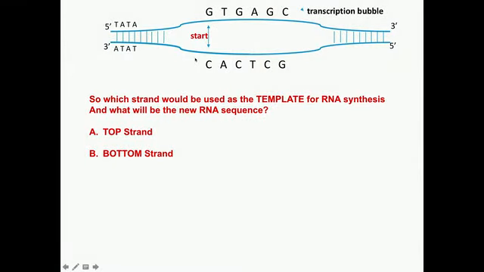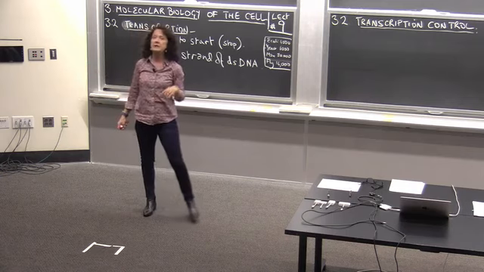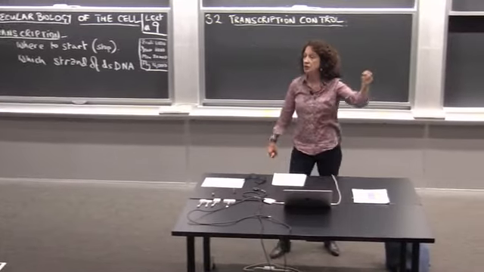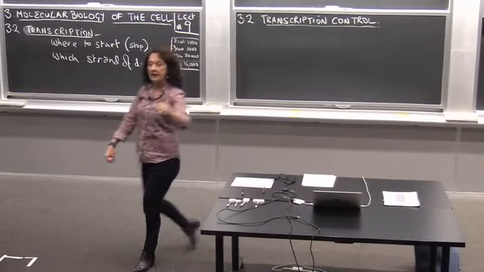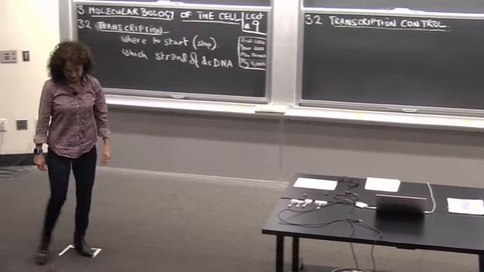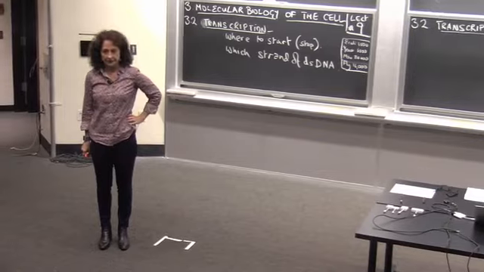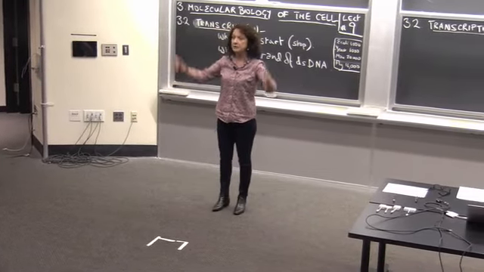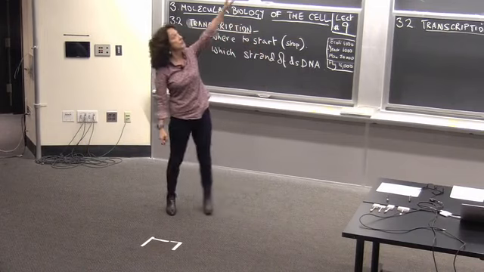And what we want you to know is that you have all the information you need to know which of the two strands is copied. Have you had a chance to think about that? Does anyone want to give me a good answer to that? Yes, here. The bottom strand is going to be different. And why is that? Because it's read from the 3' to 5' direction. Right, so reading things 3' to 5' and making things 5' to 3' is all you need to know